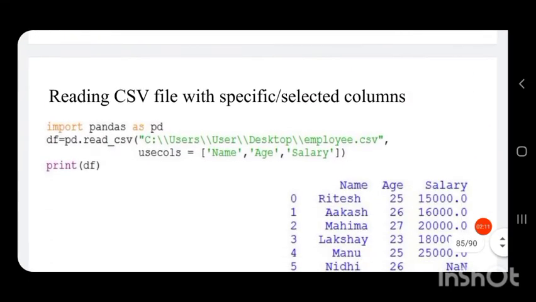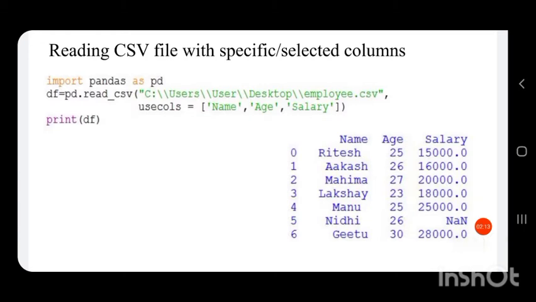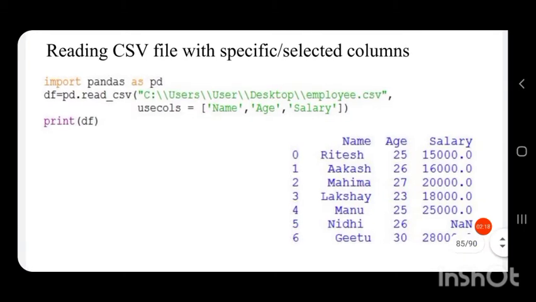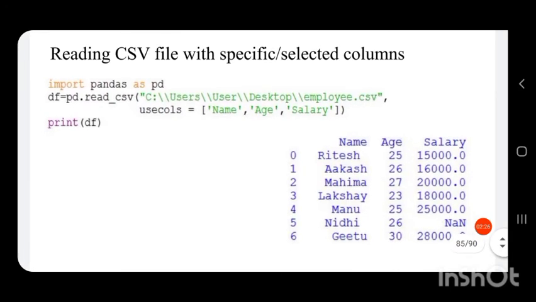Next, let us see reading a CSV file with specific selected columns. We have seen in data frames how to view a data frame with specific selected columns. Here we are creating the data frame itself from the CSV file with only selected columns.